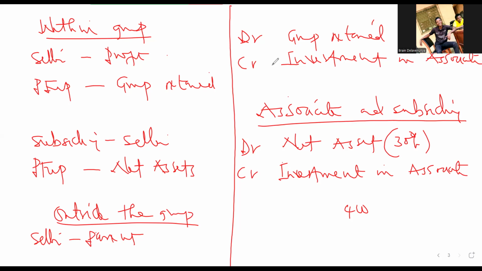Assuming you are paying in 2 years' time, but you find the present value is 80,000. If you should have cash today and pay, it is 80,000. But because you are not paying today, these people are charging you interest of 20,000 because of the time value of money. So if you want to calculate your goodwill, you use the cash that you have paid plus the amount that you should have paid today for that particular one, excluding the interest. The interest is not something that you have to pay today.